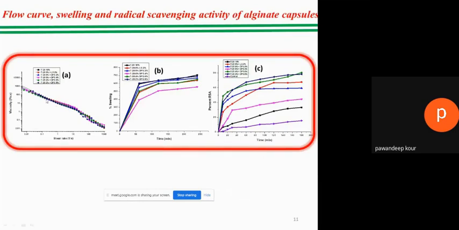From this figure, we can see a plot of viscosity versus shear rate. It is another test which can be carried out in a rheometer. From this figure, it can be seen that on applying shear, the viscosity decreases. The viscosities of the capsules go on decreasing on increasing the shear rate, and this decrease in viscosity with increase in shear rate is known as non-Newtonian shear thinning behavior. And this behavior is very important, which enables